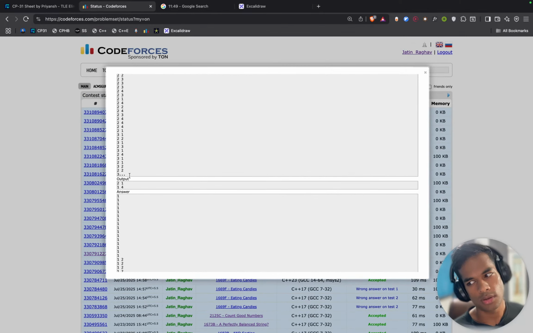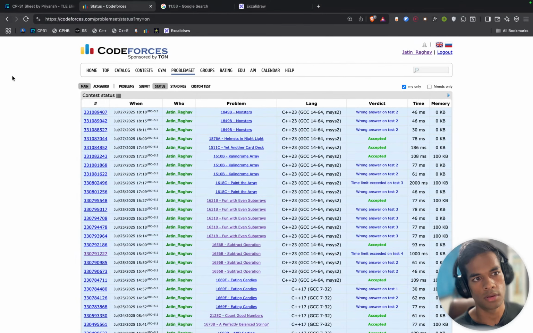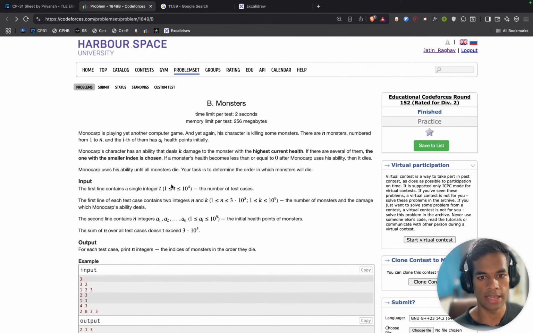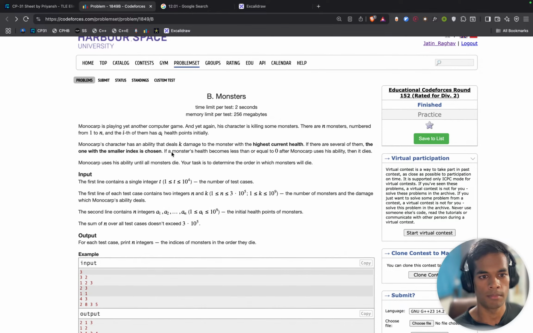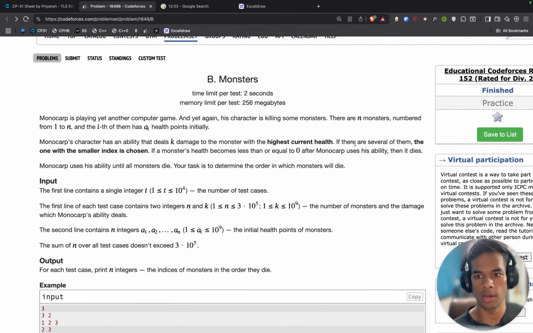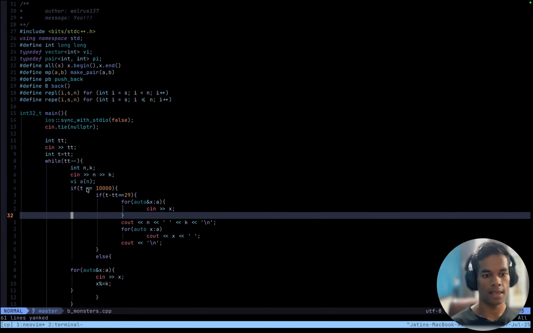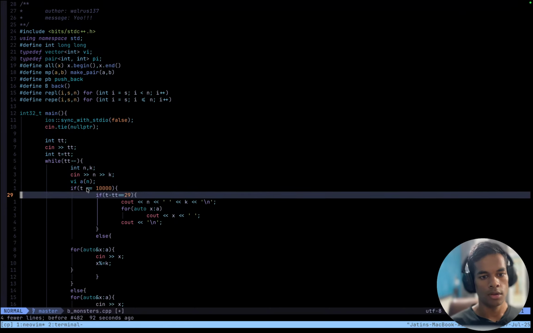So why would 1, 2 be different if they have the same value, if the monster's health is the same, smaller, and if several of them have the same health, the one with the smaller index is chosen. So, okay.